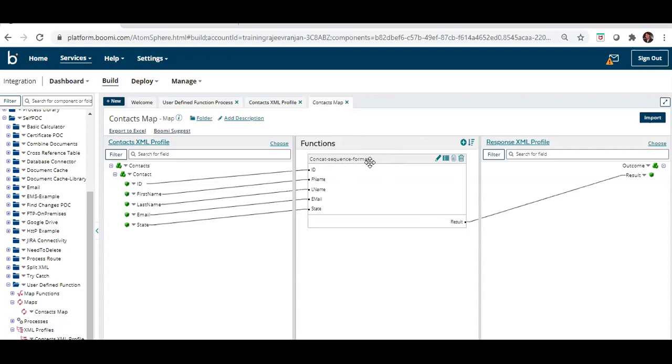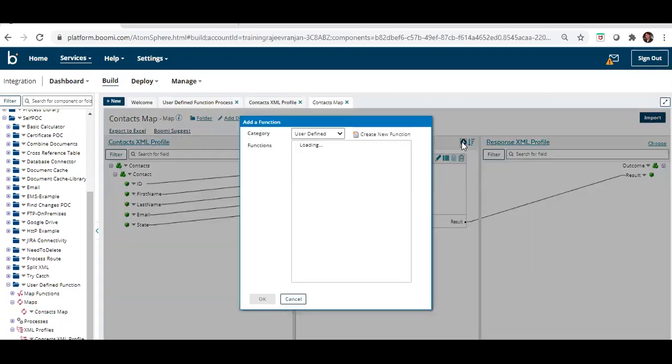This function is not available in any category, so I have opted for user defined function, and in that you'll see the concat sequence format. By using that user defined function, I have created this.